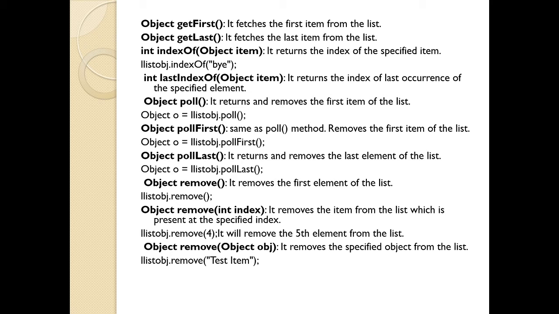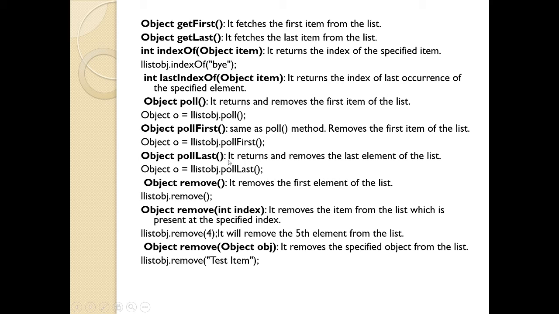Now, when we want to remove and return the element from the list, I have a method called the poll method. So what does the poll method do? It returns the element and it will remove the element. If I say it will return, it means it is going to show me what element it is returning. So for example, listObject.poll. Whatever is the element at that particular iterator, it will return me and I can store it in o. Now pollFirst: if I want to return and remove the element which is stored at the first position, I have the method called pollFirst.